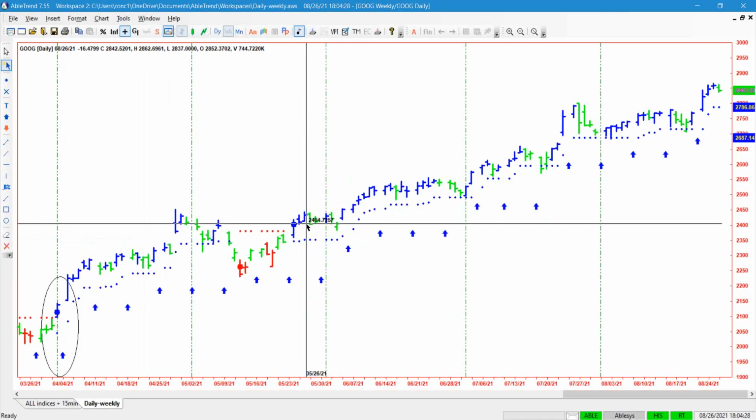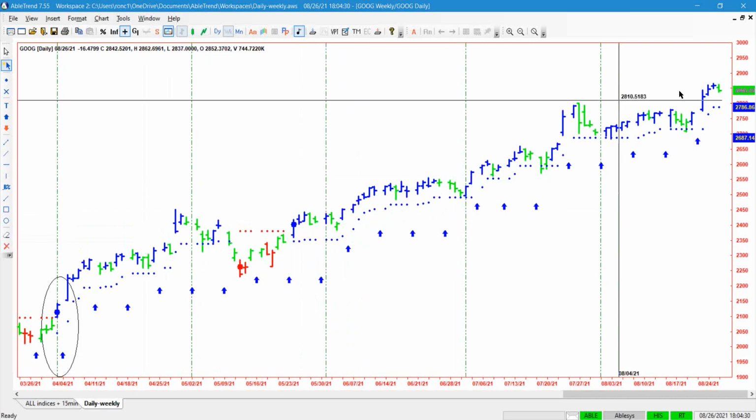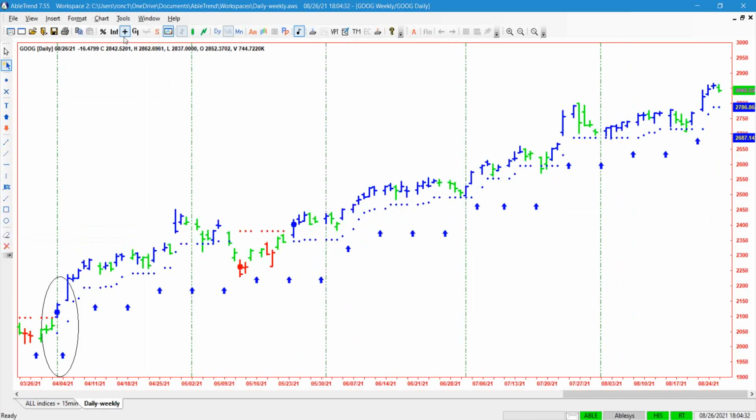Okay, another buy signal right here, 24.04. We're still in the trade. We're up 440 points. AbleTrend never said to get out. Never had a red bar anywhere, nor did it ever close under the,